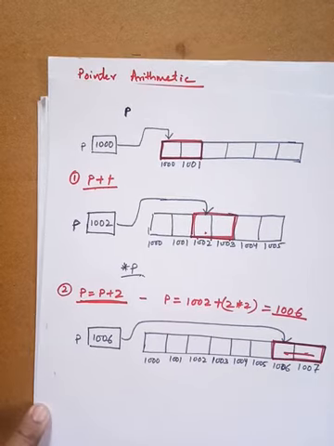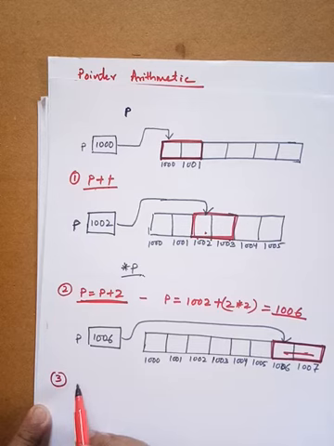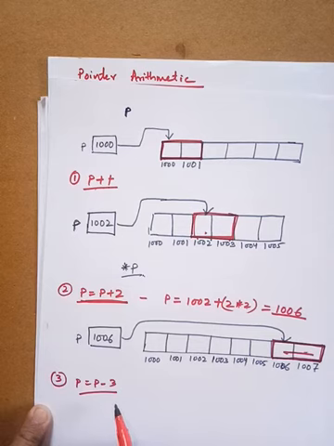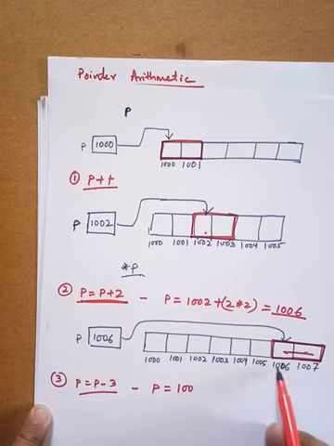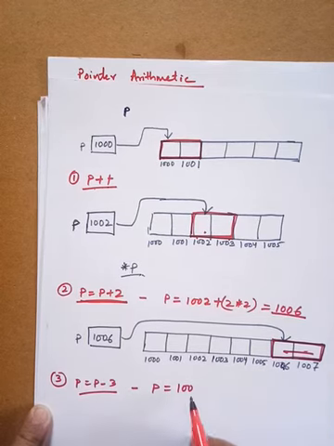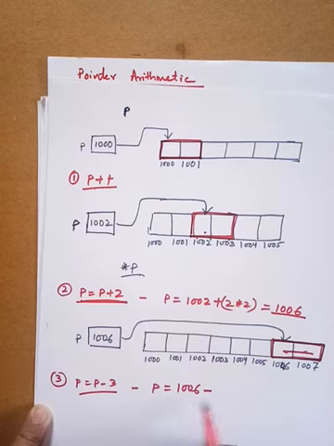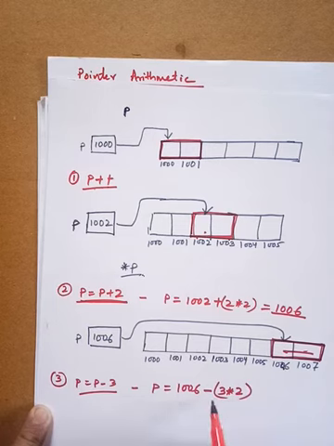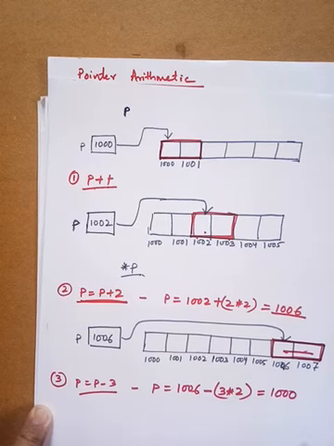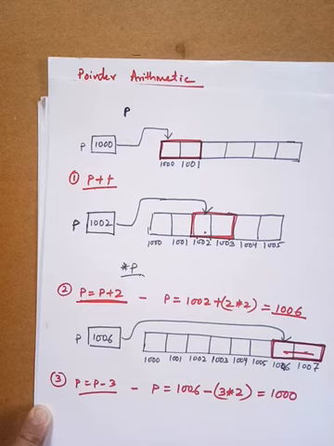Similarly, you can do the decrement operations, like another operation may be p is equal to p minus 3. So here after decrementing 3, the pointer p will decrement to 1000. Now the current address is 1006. So 1006 minus 3 into 2, because the size of integer is 2, that will be 6. So the output will be 1000. Now pointer p will hold the address 1000 after decrementing by 3.